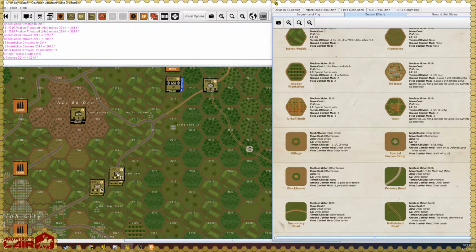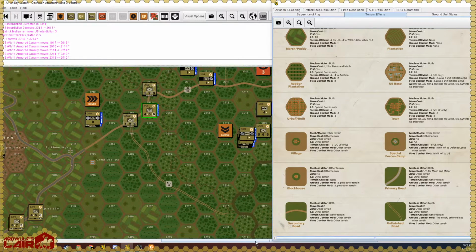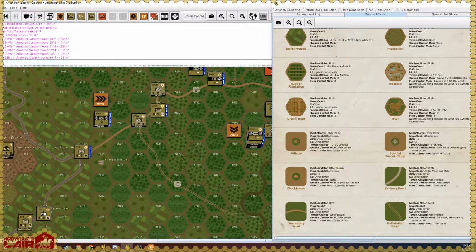I'll take these recon units instead, actually. That's going to be 1, 2... Armored cavalry. Yes. 3, 4, 5, 6. So they'll go up there. I think I'm going to keep one of these units in reserve back here. And the other armored cav will go up here as well. That's all 6 of their movement. Okay, and then the tanks...